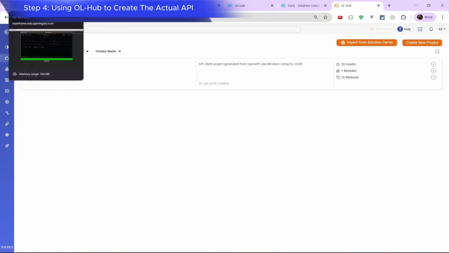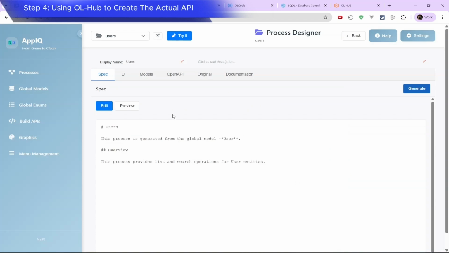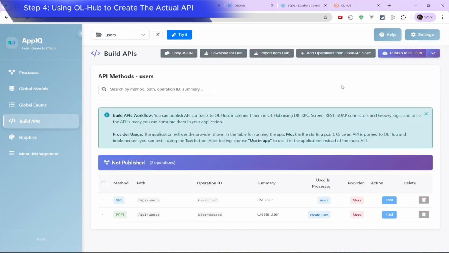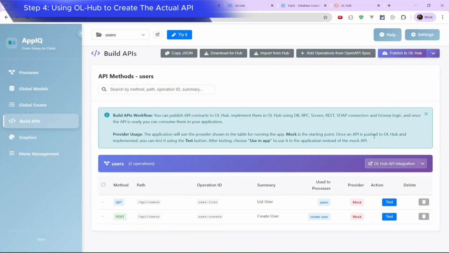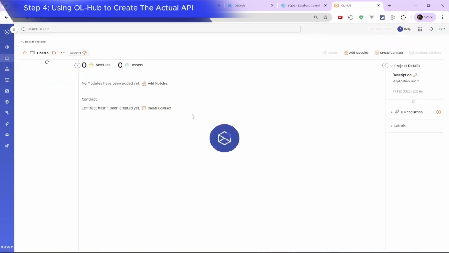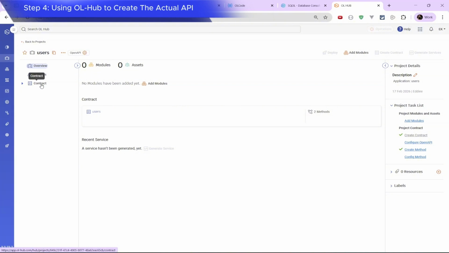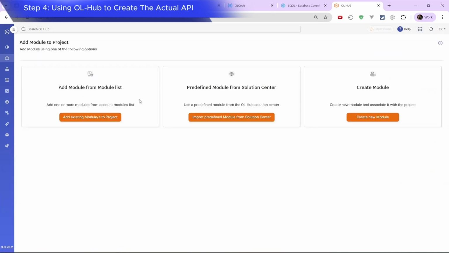Instead of creating a generic hub project, we'll let the application define the contract. We'll publish the AppIQ users methods to the hub and generate a hub project based on that contract, aligning the backend perfectly with the app's needs. All that's left to do on the hub side is open the new project, publish the methods so the hub can expose them externally, and associate the project with the previously created DB2 and mainframe RPC modules,